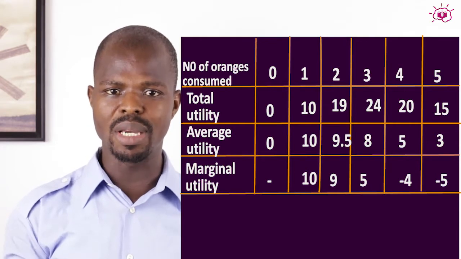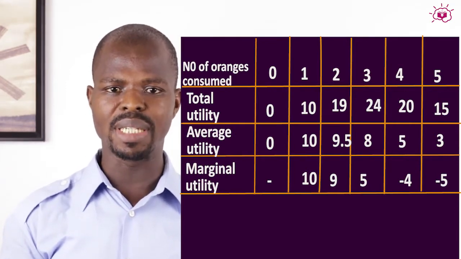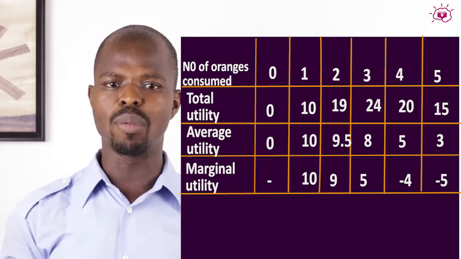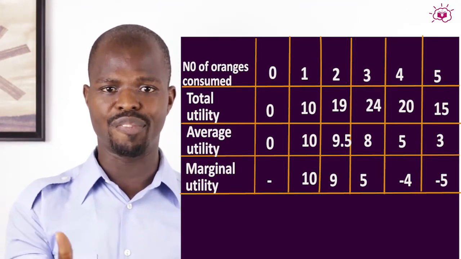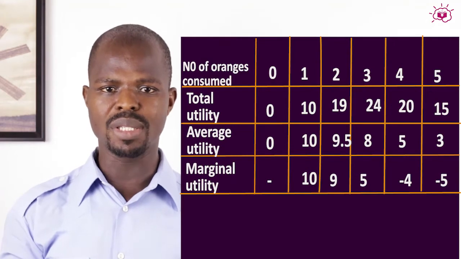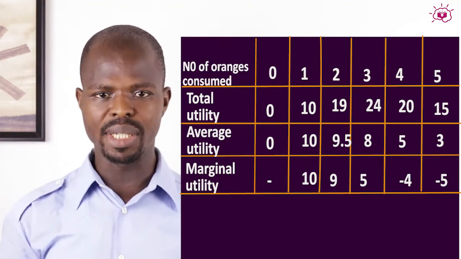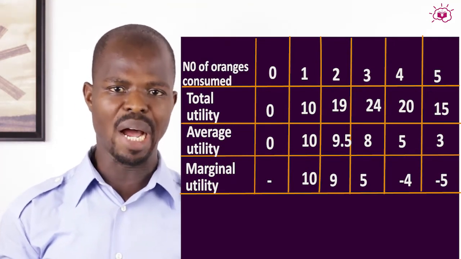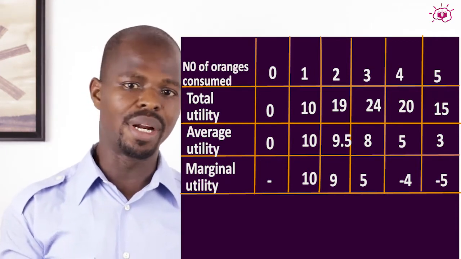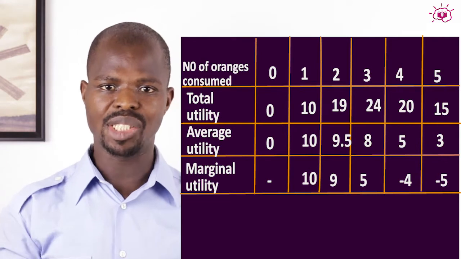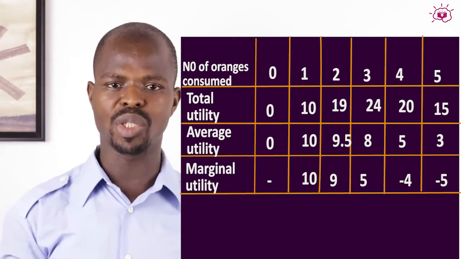We have the three concepts: total utility, average utility, and marginal utility. Now, applying the formula as explained earlier, total utility is calculated. Of course, at the first level, the number of units consumed is 0, no total utility. Total utility is 0, while the average utility is equally 0. And for the marginal utility, there is no change, so it is a dash, meaning no extra satisfaction derived yet.